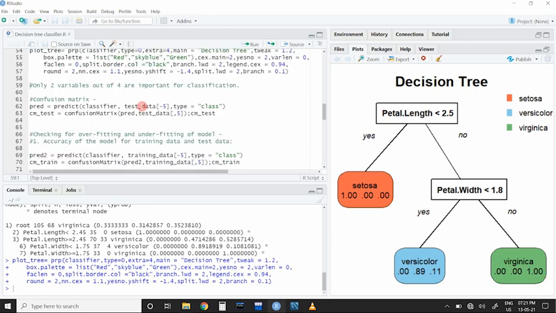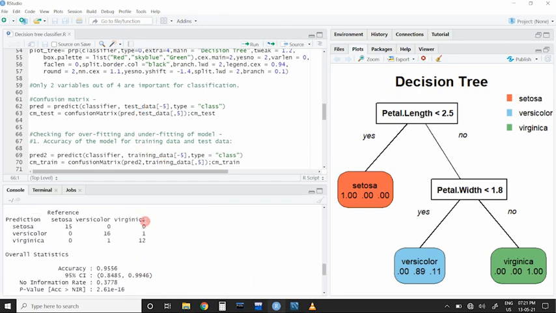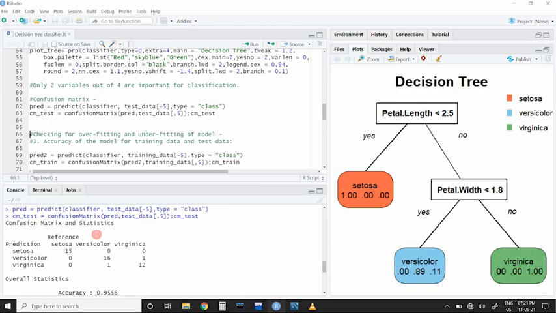Next step is to validate the model. So I have predicted the classes for test data using the model and obtained a confusion matrix, which shows only 2 misclassifications and accuracy 95%. So I can say the model is performing well, but decision trees can suffer overfitting or underfitting. That's why I have checked if my model has any of these problems. The most direct way of identifying overfitting is high training accuracy but low test accuracy. On the other hand, if they are both similar but both poor, then the model might be underfitted.